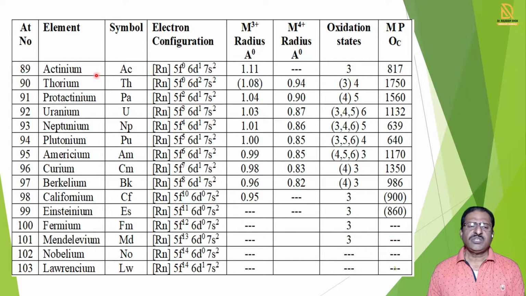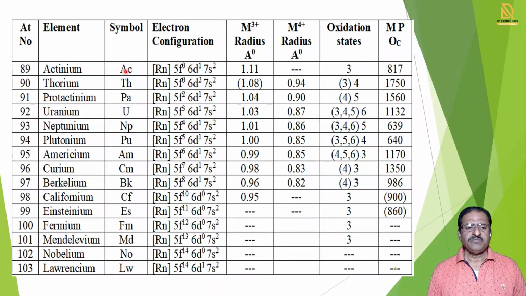Now there is a question: is actinium a member of this series or not? We say that actually it is not a member of this series, but the series starts from it, so it may be included, because the properties of actinium and all other actinide series elements are the same. So we say these are members of this series or may not be members of this series. There is no situation of a quarrel about whether it is a member or not.